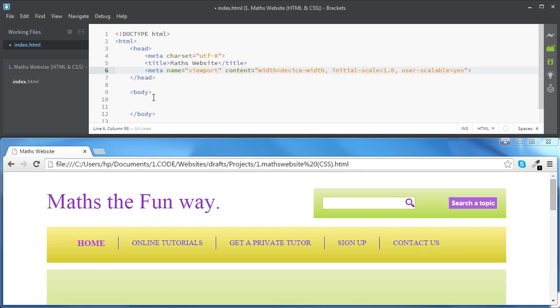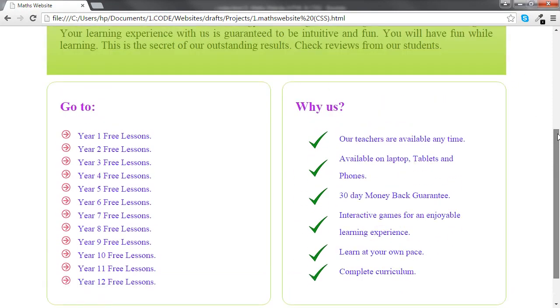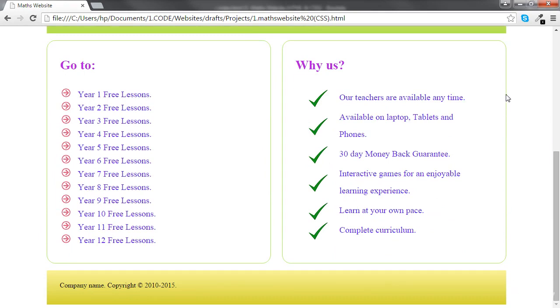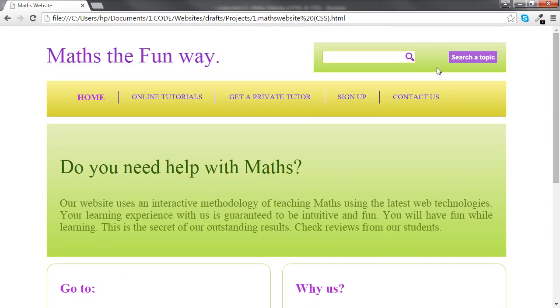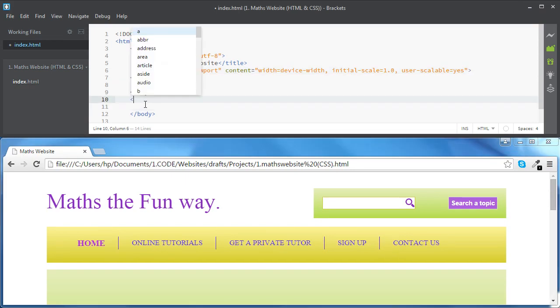Now let's move to the body element of our page and place the HTML components in there. If we have a quick look at our page, we will notice that all the HTML components are placed inside some kind of container. This container is centered in the page, and it's got some left-hand side and right-hand side margins. So we're going to start by creating this container, and then we are going to move to the HTML components inside it. Our container is going to be a div,